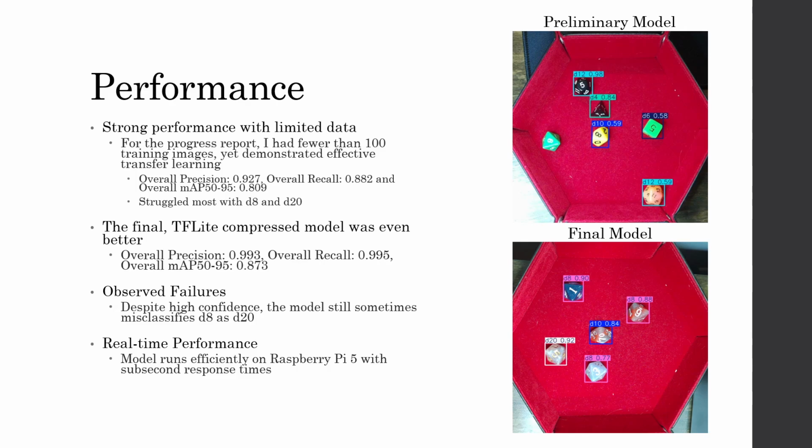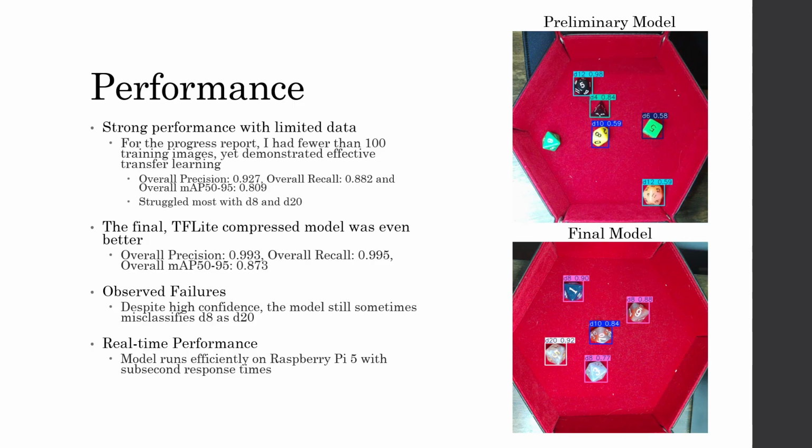Even with a dataset of under 100 images, the preliminary results were very surprising. On the validation set, I was seeing an overall precision of 0.927 and a recall of 0.882. However, that was on the validation set, so it's a little biased. When I ran it on some unseen test images, I was seeing low confidence results, misclassifications, and even missed dice. This is shown in the